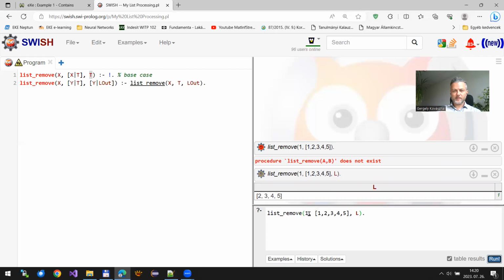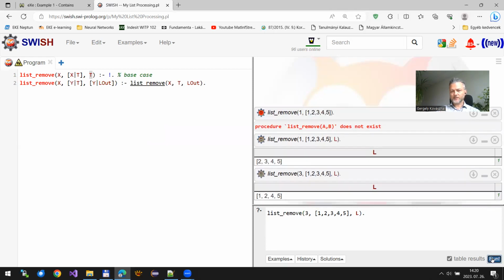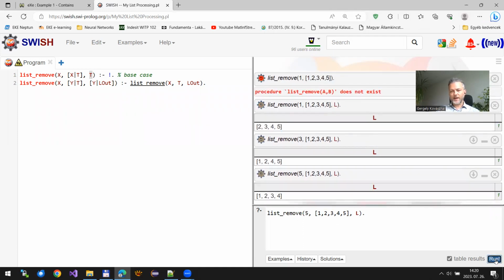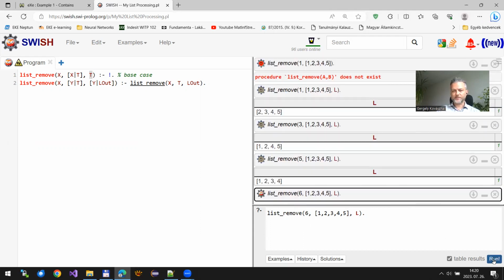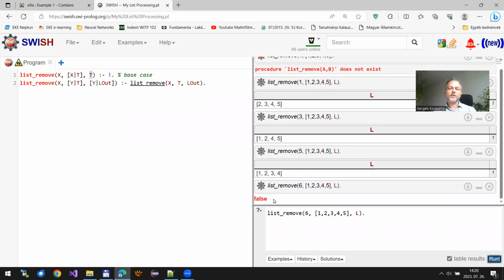Let me further test it. So let me just try to remove 3 from the list. It seems to be working. Let me try 5 to remove 5. It's working. And finally, let me try to remove a value which is not part of the list, like 6. Interesting. Well, it's logical, since 6 is not inside the list, the removal is unsuccessful, right?